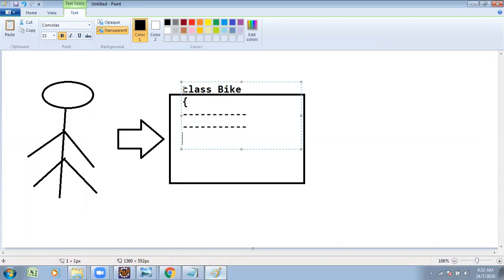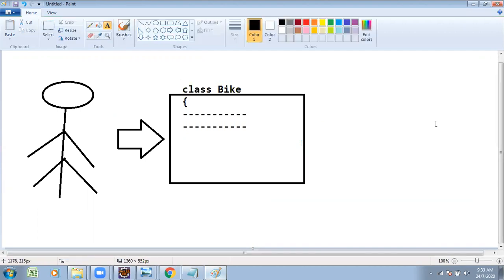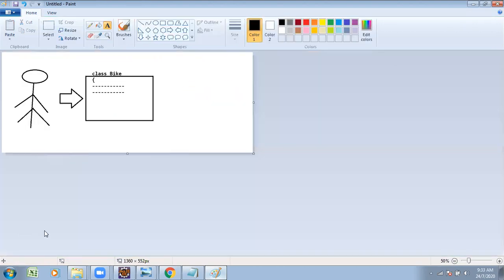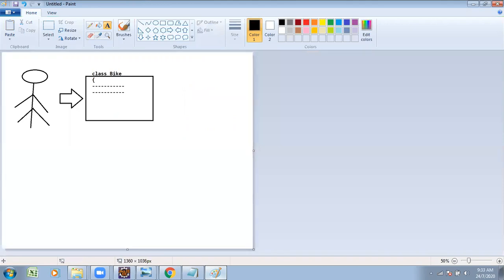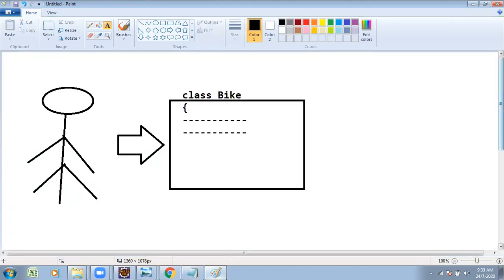So what is a brake system? What is a gear system? That's why the customer is asking. The customer asks the receptionist for a test ride. If you want a test ride, you need to know the bike riding procedure. To follow the riding procedure, there are some conditions. What are they? You have to apply the gears. You have to apply some conditions.